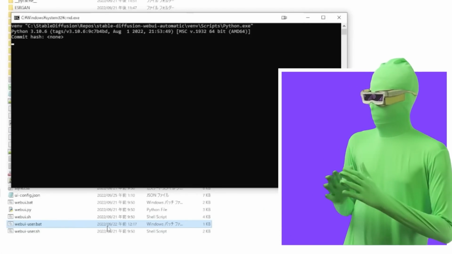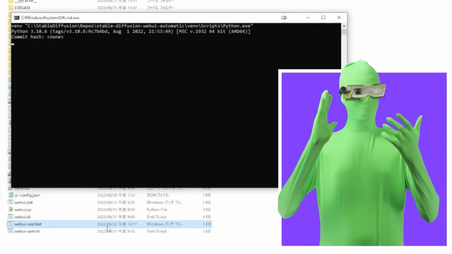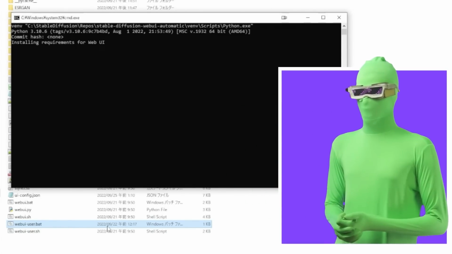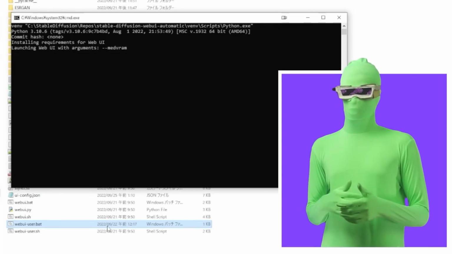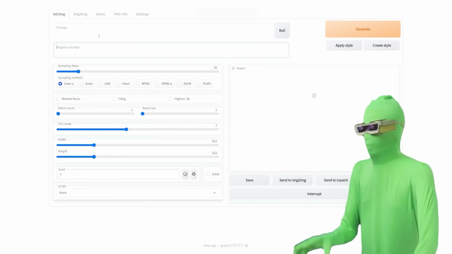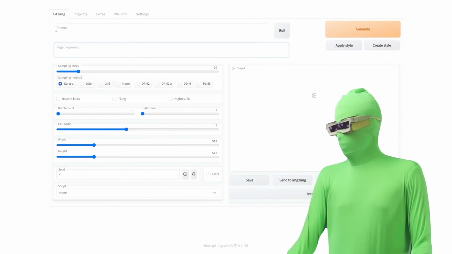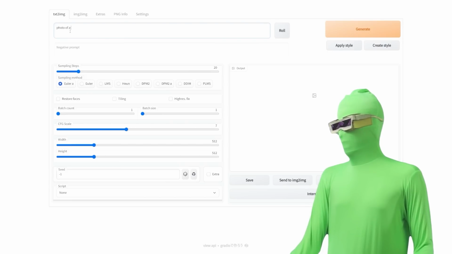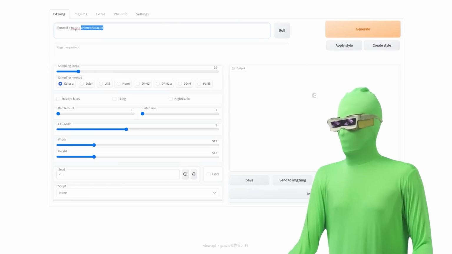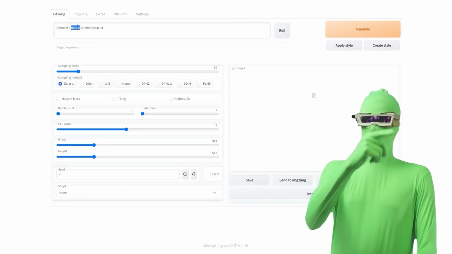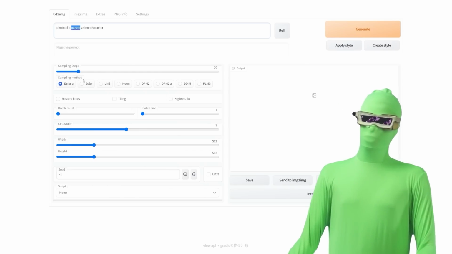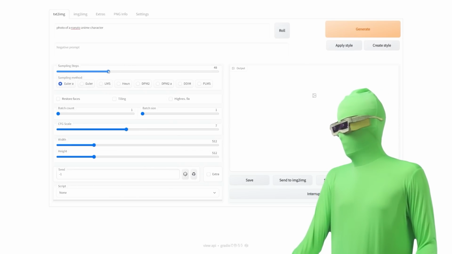So let's actually open this up here. This UI is the Automatic1111 UI, I think, just a UI for interacting with Stable Diffusion. So now we're here, okay? Remember, this model is the Naruto one that we're using. What we're going to type here, all you have to do, is: photo of a Naruto anime character. His class was anime character, his name was Naruto, because that's what we set in the file. So yeah, moment of truth, guys. Let's set this to like 50 steps and just one image on KLMS.